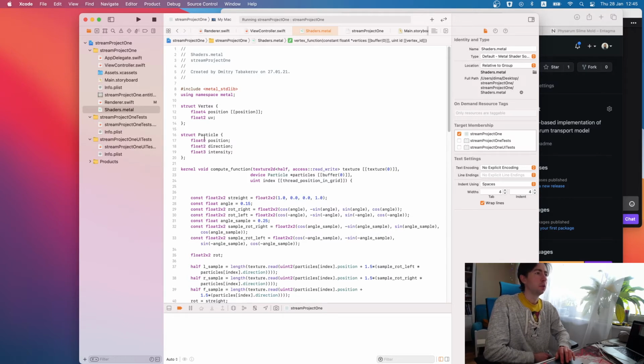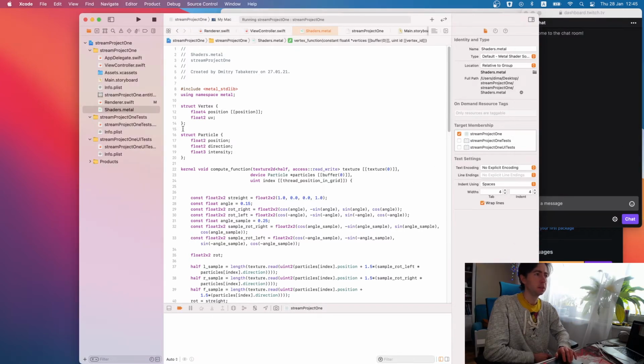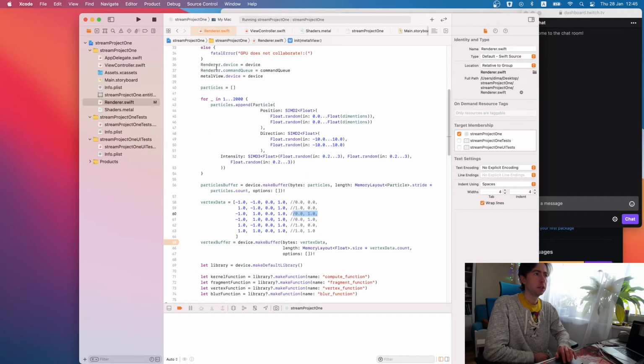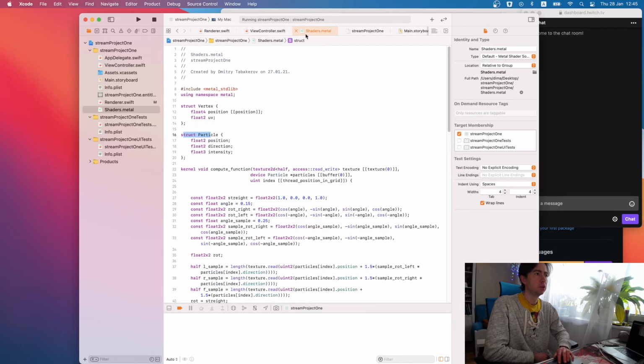So the next thing is a structure for the particle. It's basically the same thing we have here, just to conform to the data layout. 2 floats for position, 2 floats for direction, 3 floats for intensity, RGB.